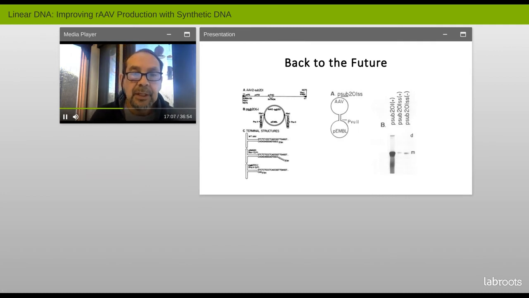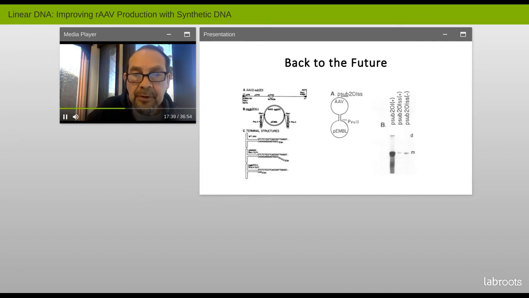And if you go to the next slide, you'll see a slide labeled Back to the Future. We were able to show that in this specific plasmid, there was a phage polymerase origin of replication, and that if you infected these cells with the phage, you would be able to amplify this plasmid backbone. If you purified it, in this case as a single-stranded genome, and digested it with the PBU2 enzyme, you could again separate the AAV sequences away from the bacterial plasmid.